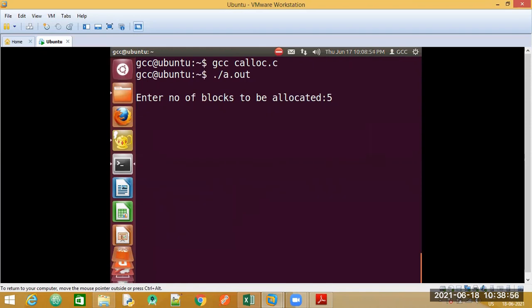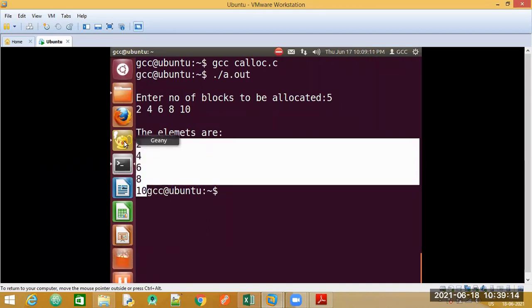Let me this time give some other elements. The elements are getting printed.